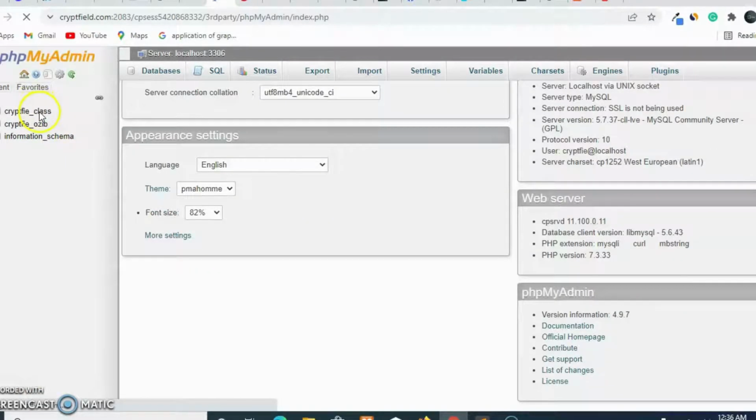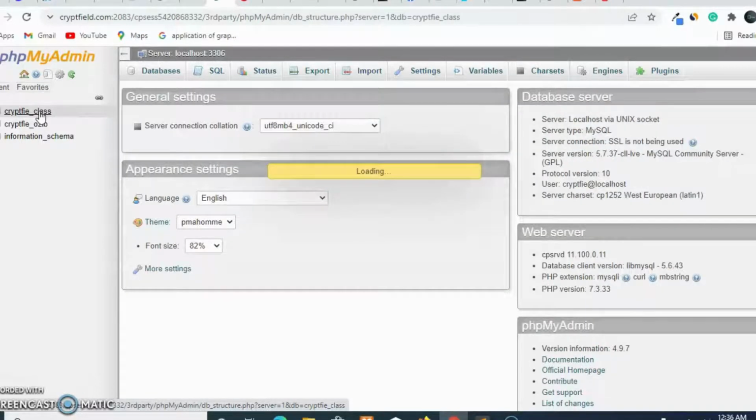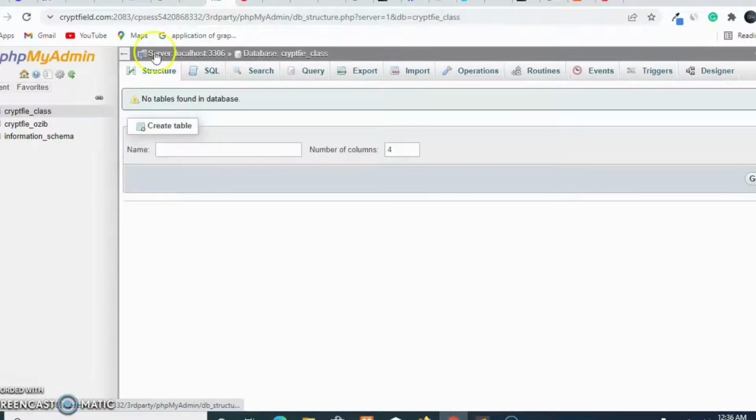This is it. We created this class here now. So I will click on it, and then upload that database, this .sql file in this file I'm going to share with you. So everything is there, both the zip file and .sql.